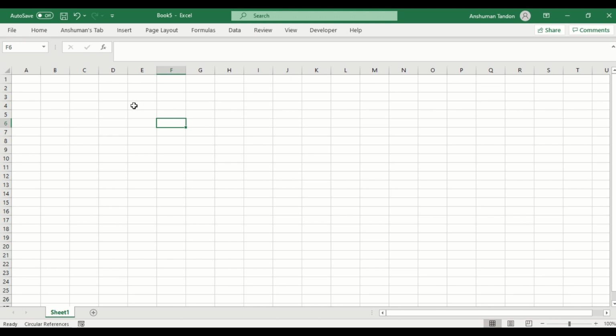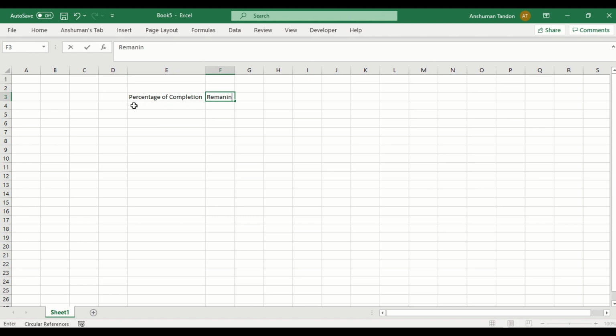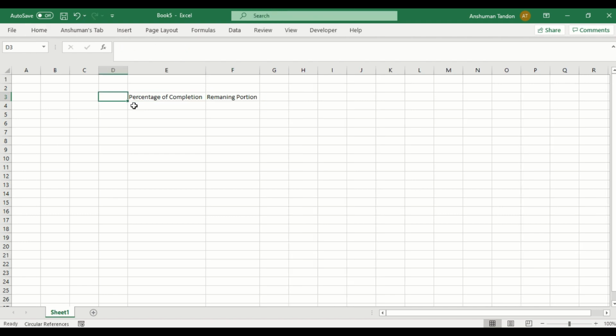Now in this project manager, I just want to put two things. The first one is the percentage of completion, and the second thing I will put is the remaining portion. You can see that I have got these two. If I select these two things, the percentage of completion will always be 100. So I will type 100 over here,